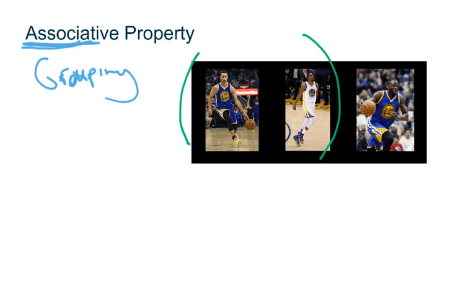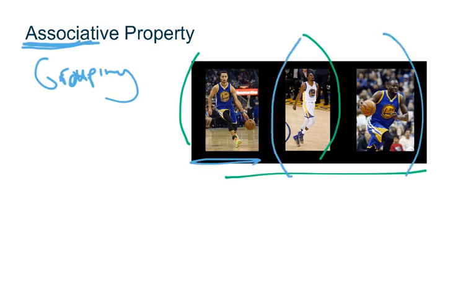You're going to have to deal with all 3 of them at some point in time. So you can think about Steph and Kevin Durant, but at the same time, you have Draymond Green on the same team. If you were to think about maybe just Kevin Durant and Draymond Green, you can't forget that Steph's still part of that team. So it doesn't matter how you want to pair them up, you still have